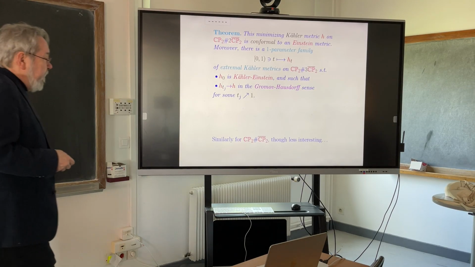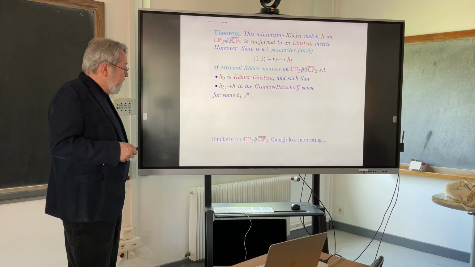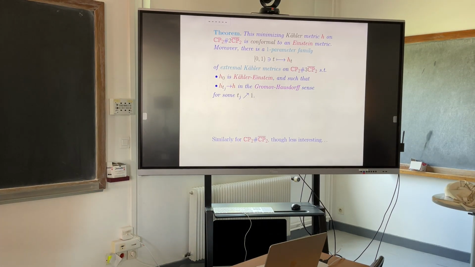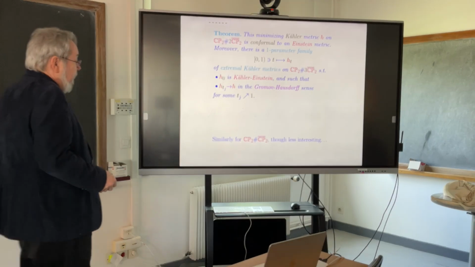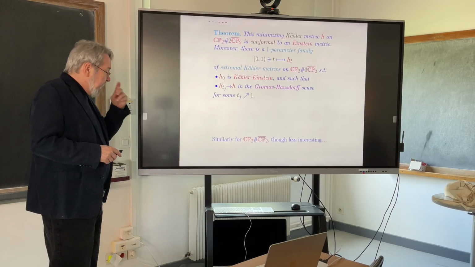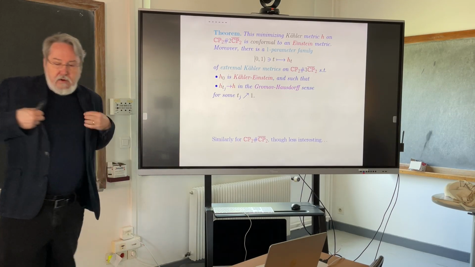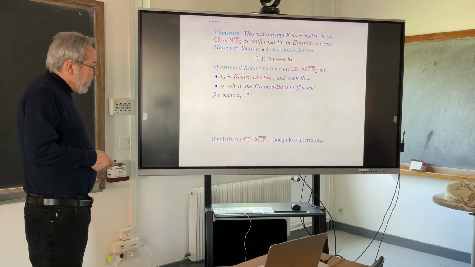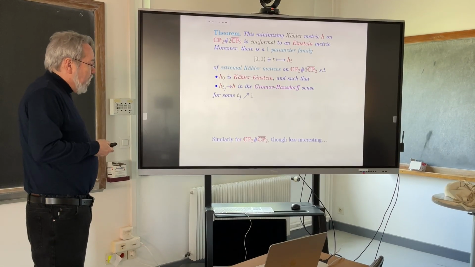All right, so this can also be done to get a conformally Kähler-Einstein metric on CP2 connected sum one CP2 bar. This is CP2 blown up at 1 point. This is less interesting though, because the metric you get was originally discovered by Stephen Hawking's student Don Page, who discovered that there was such a metric. He didn't know it was conformally Kähler and so forth, but he wrote it down more or less explicitly